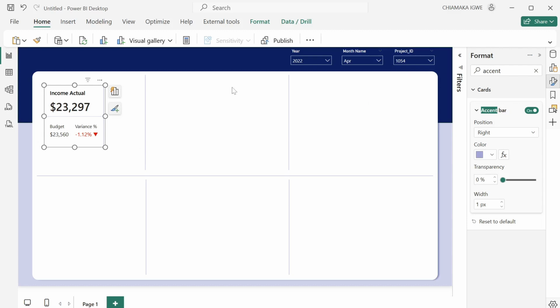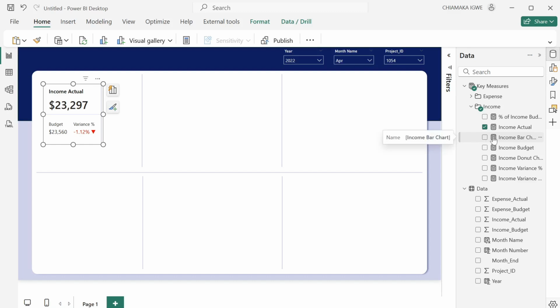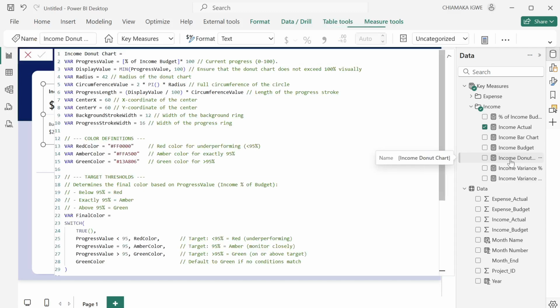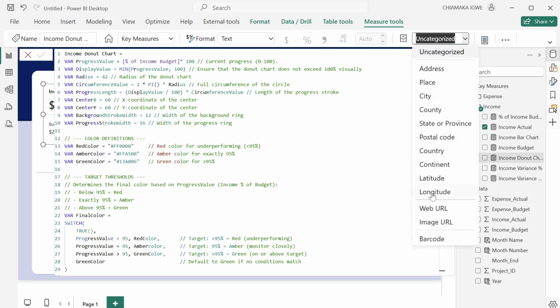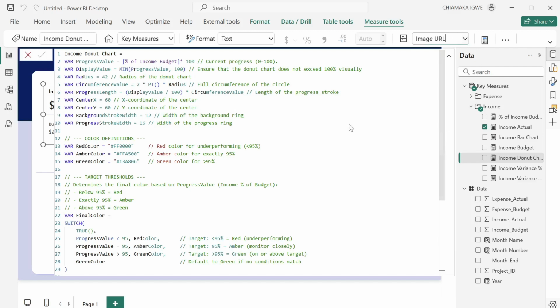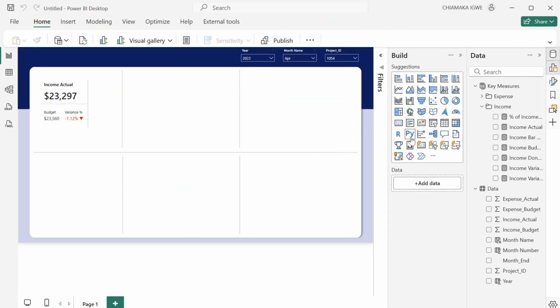So next is to add a donut chart for our progress for percentage income budgets. To do that, we are going to first categorize our measure where you have the income donut chart, this measure. So we're going to categorize it. Right now it is uncategorized. So I'll select it as an image URL because it's going to give us an image. Then select a new card,